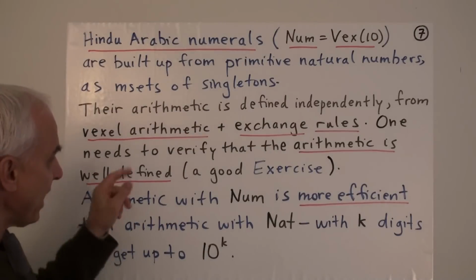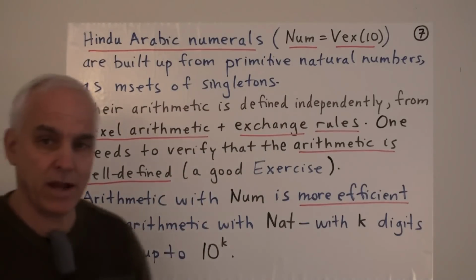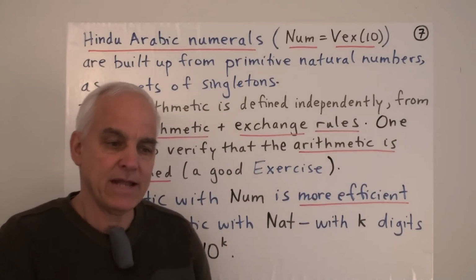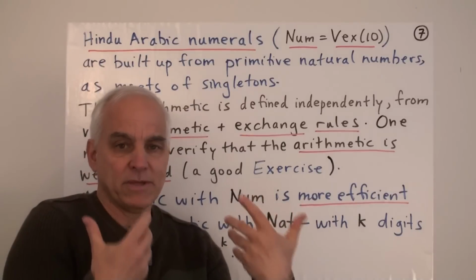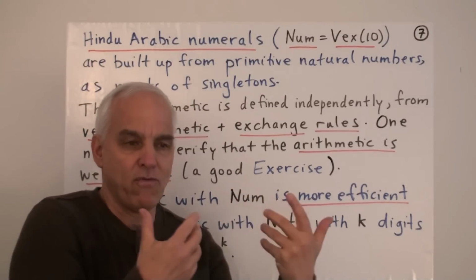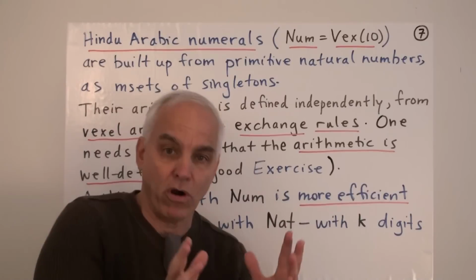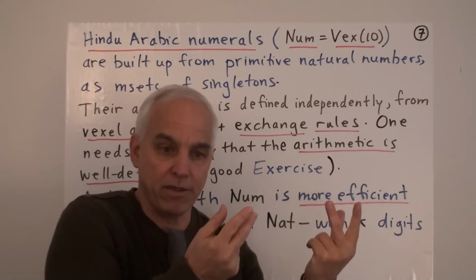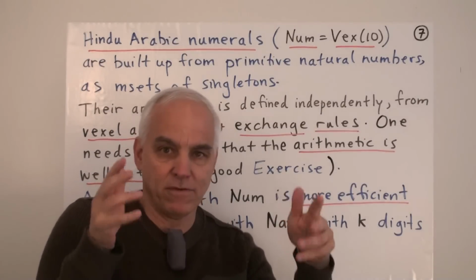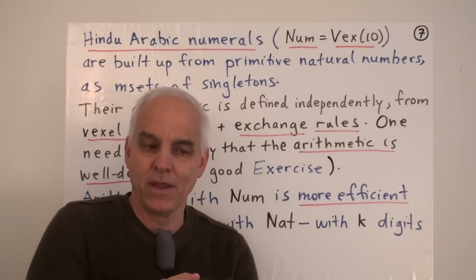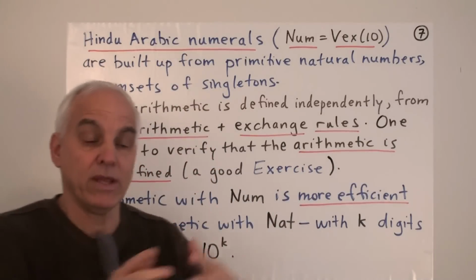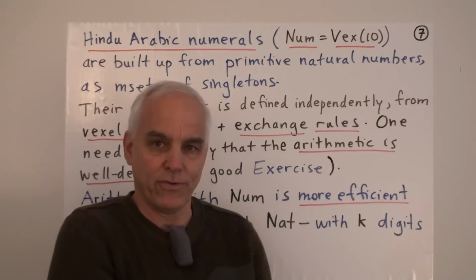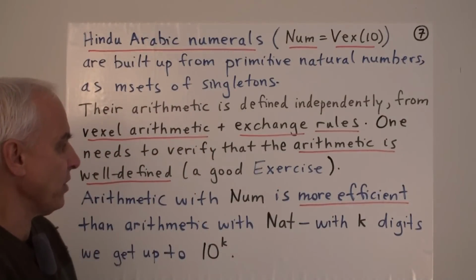There's something to be done here. One has to verify that the arithmetic is actually well defined, that this exchange condition of changing 10 of these with 1 of these is well defined in the sense that the arithmetic is still independent of which of the various possible forms of a vexel that we use. So if we have a vexel here and a vexel here, we multiply them, and then we change the two vexels by making various applications of the exchange rules. We want to then convince ourselves that what we get is exchangeable with what we originally got, again, by just the exchange rules. So that's a great exercise for you to think about.